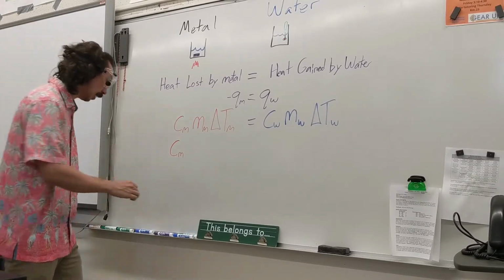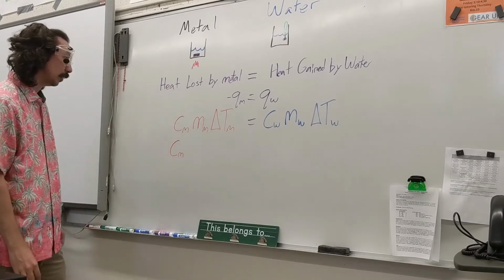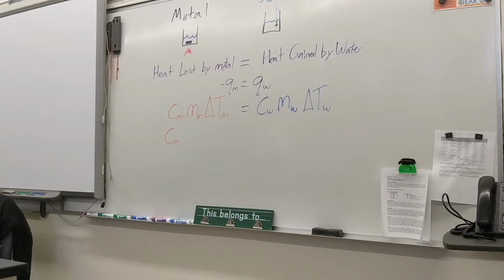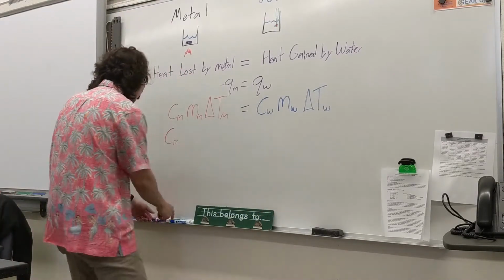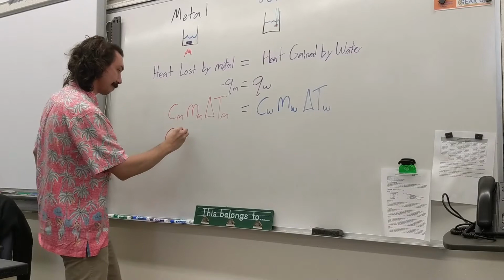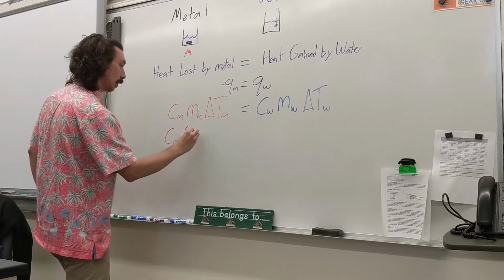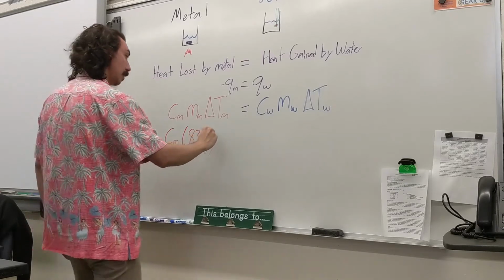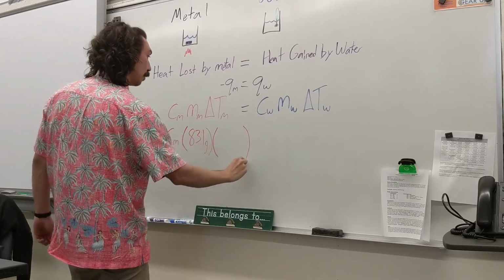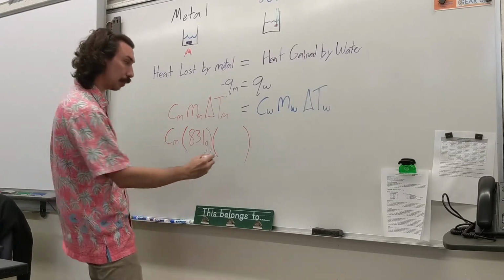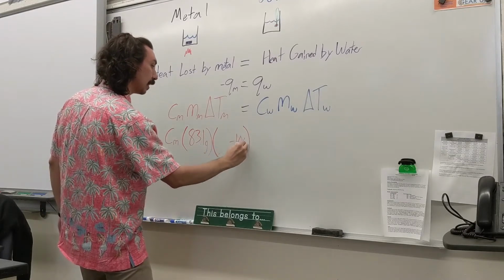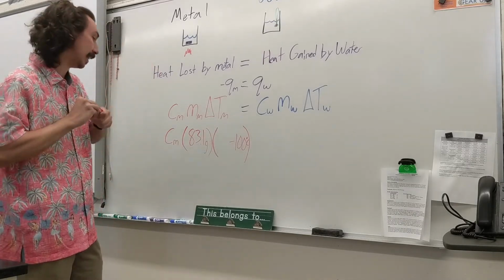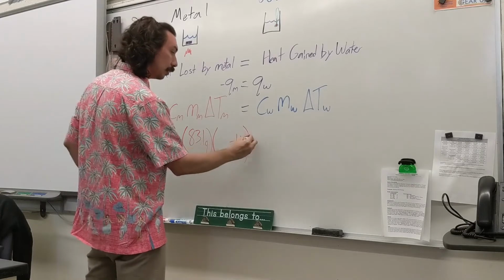All right, so we got the mass of the metal now, 83.1 grams. And then we got to have our temperature. We know our initial temperature is going to be 100 degrees because it'll be the same temperature as that boiling water. We just need to figure out what that final temperature is. That's the measurement we're going to be taking. And that'll be equal to